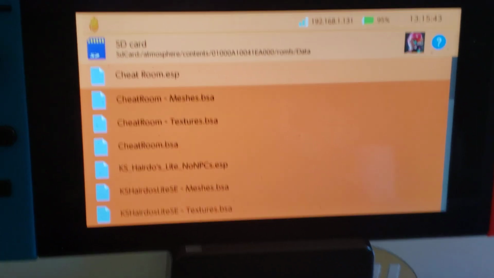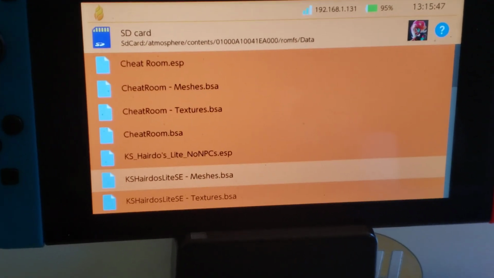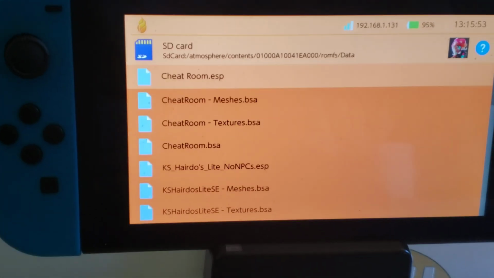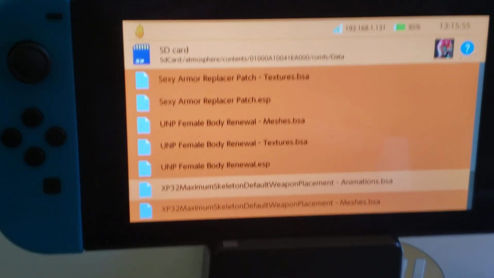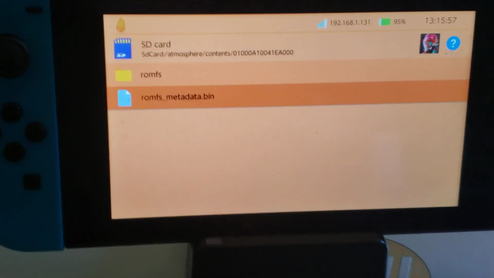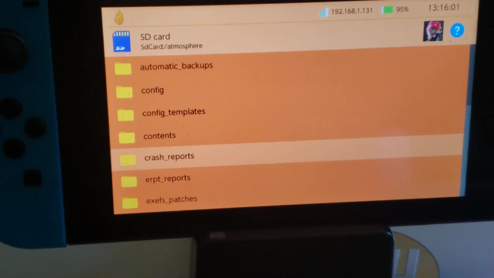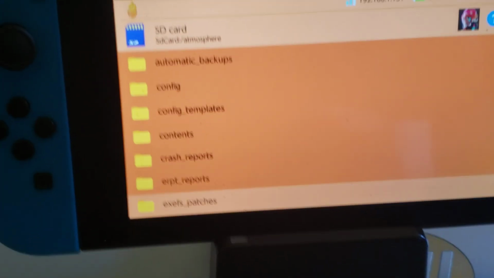And there's all the mods. Cheat room meshes, textures, cheat room BSA, chaos hairdos. All of them piled right in here, as you can see. And they all work. Every single one of them. And all I needed to do was copy that little folder to atmosphere, because it came with this, sorry for